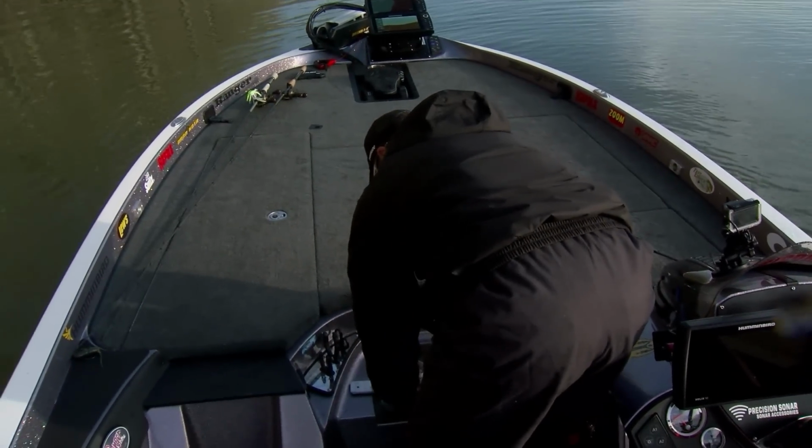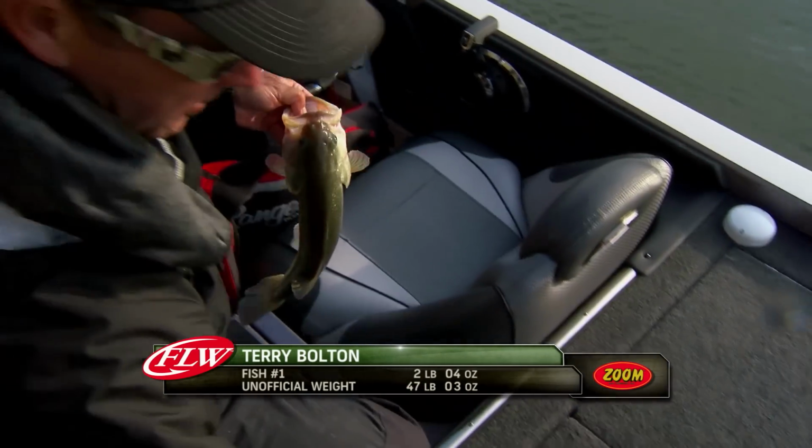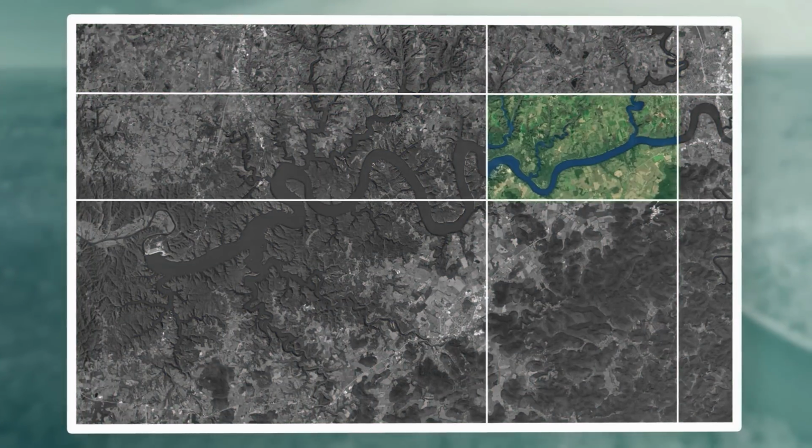Yeah, that's a keeper. I know it is. They're actually decent fish. I feel better. Now we're practicing. My main area that I'm going to is a channel swing in the very back of a